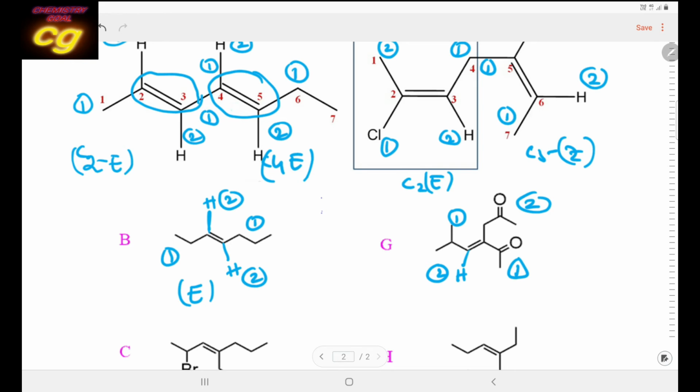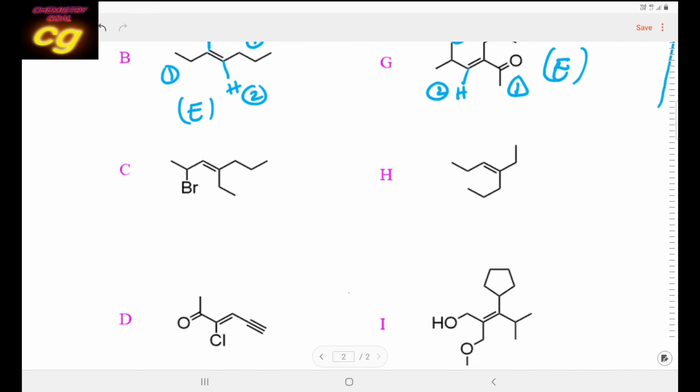Very important, again I am explaining here, carbon attached to carbon, here carbon attached to carbon. Okay, so C is there, here C is there, next C, but next is oxygen. So oxygen is more priority than carbon, that's why it is 1 2 and 2 2. So 2 2 1, opposites, that is also E.